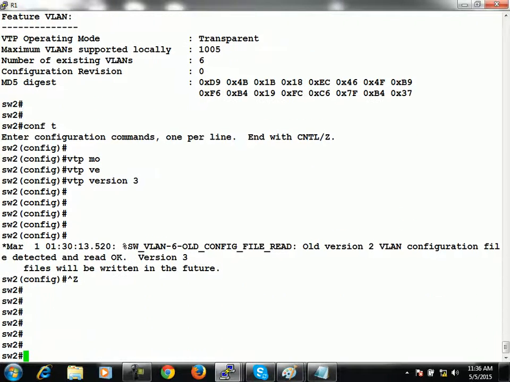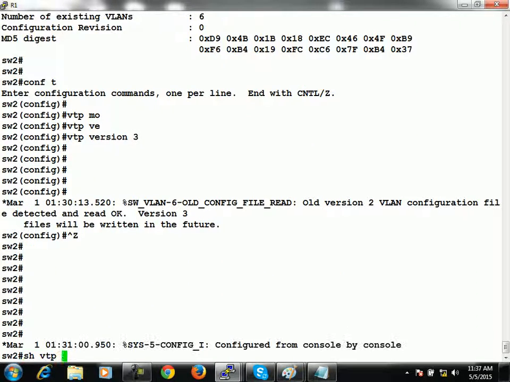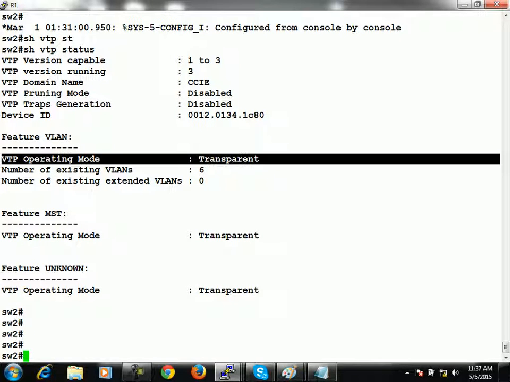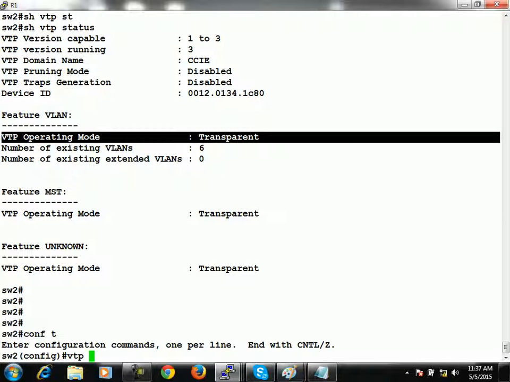So now you can see on switch 2, show VTP status. Now for feature VLAN, its default mode is what? Transparent. And this time its default mode has become transparent. How? Because previously its VTP mode was also transparent. So this time you need to say that VTP mode